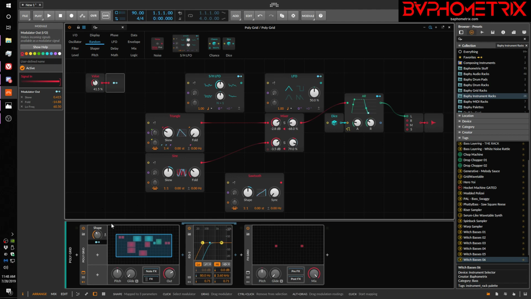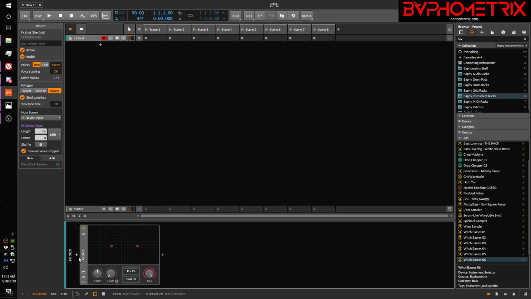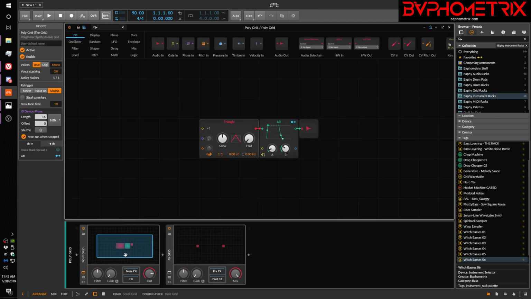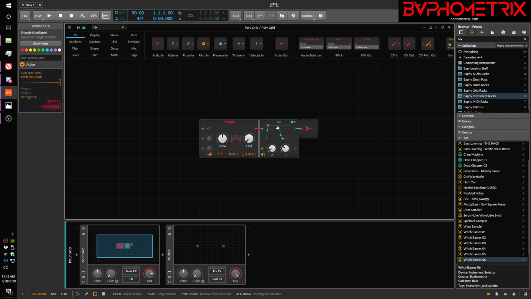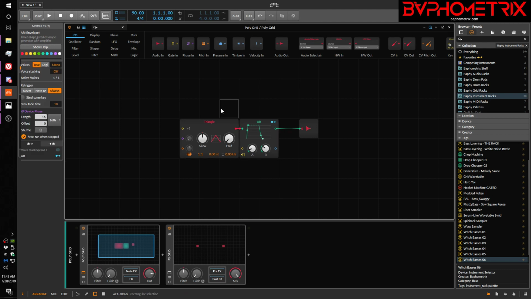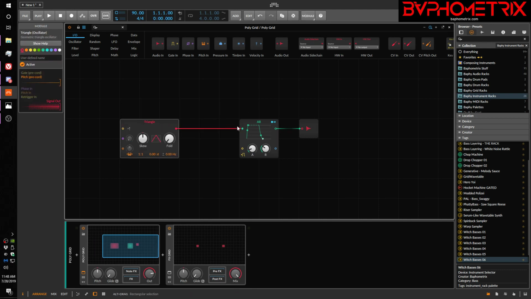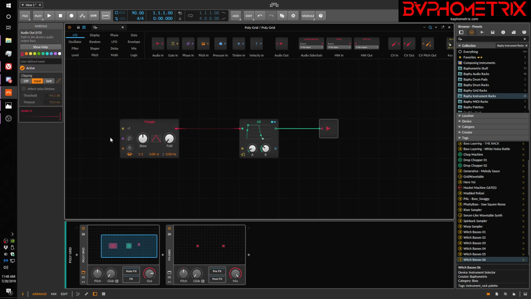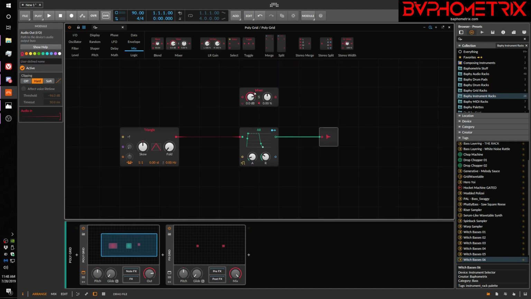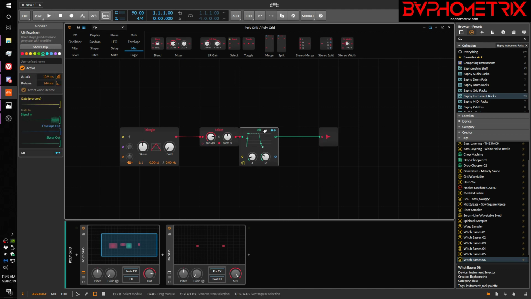I'm going to reinitialize this grid to make it a little easier to see what I'm about to demo for you. Grid, poly. Okay. So here's a really, really typical use case that I think you'll find helpful. It's very, very common to build big, complex structures, and a lot of them are probably feeding into a mixer somewhere. Like, let's put some signals that are mixing into this